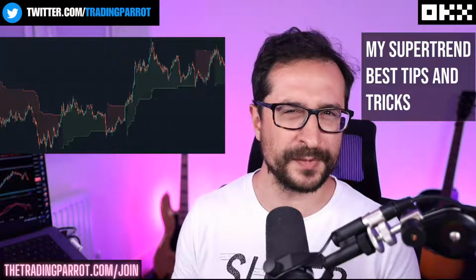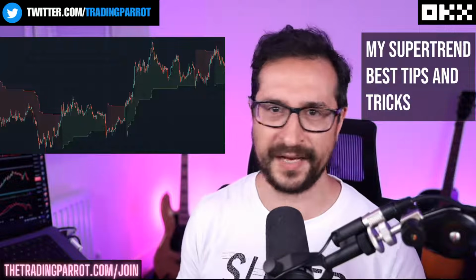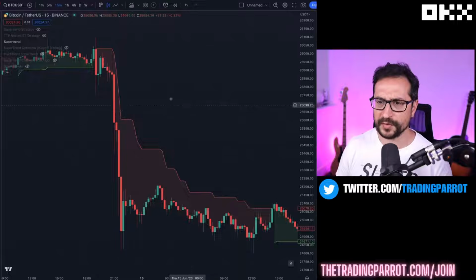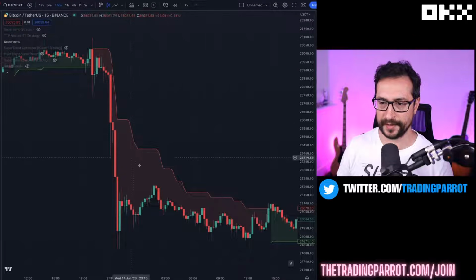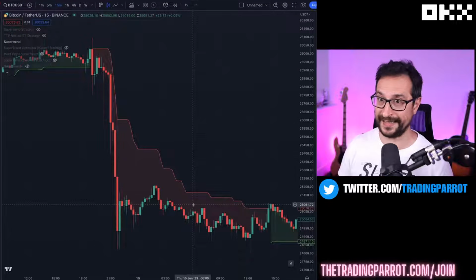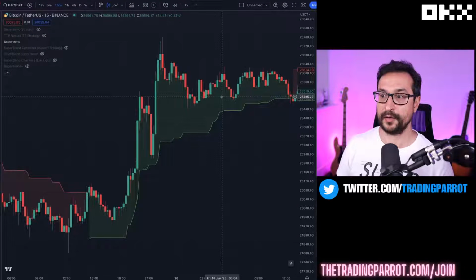Supertrend is one of the top 10 most used indicators by traders, probably only behind RSI and MACD. It is mostly used to identify a trend. When the price is below the supertrend and the color is red, we are in a downtrend. And when the price is above the supertrend and the color is green, you are in an uptrend. Pretty simple, but one of the things that makes most people struggle the most is when the market